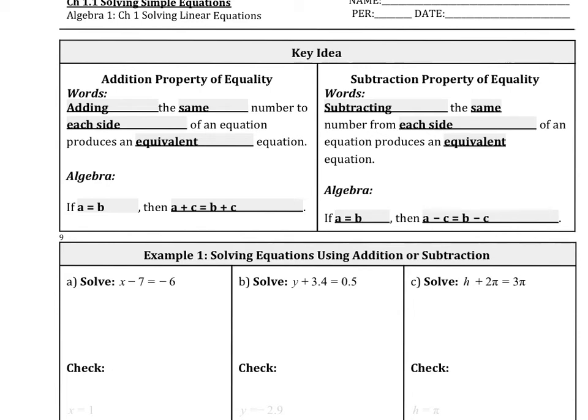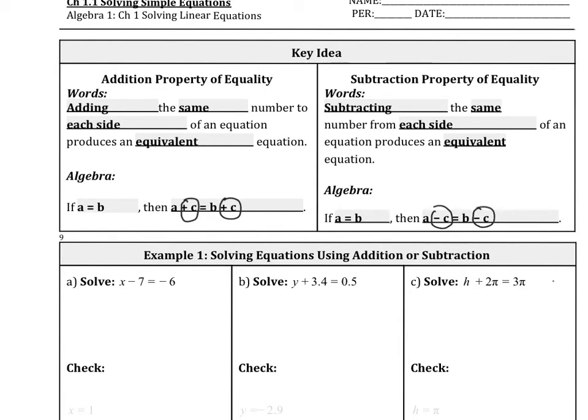Solving simple equations. Key idea: addition property of equality. Adding the same number to each side of an equation produces an equivalent equation. For example, if you have A equals B, then adding C on both sides will give you the same equation. Similarly, for the subtraction property, if you subtract the same number on both sides of an equation, then it's going to be